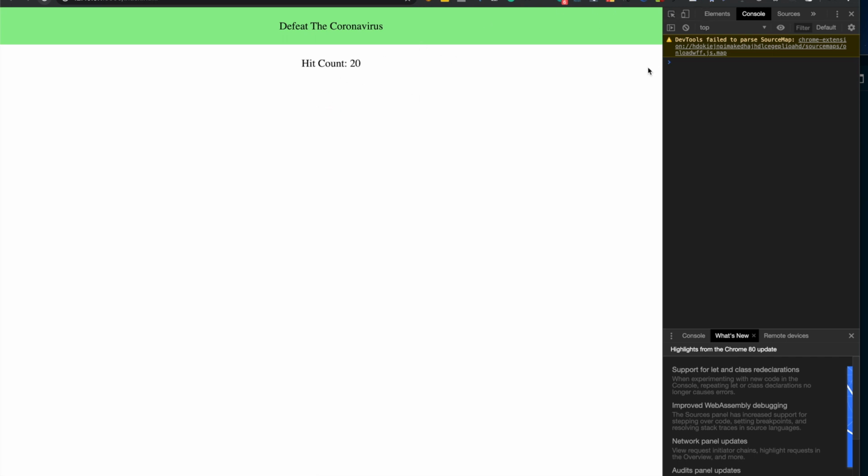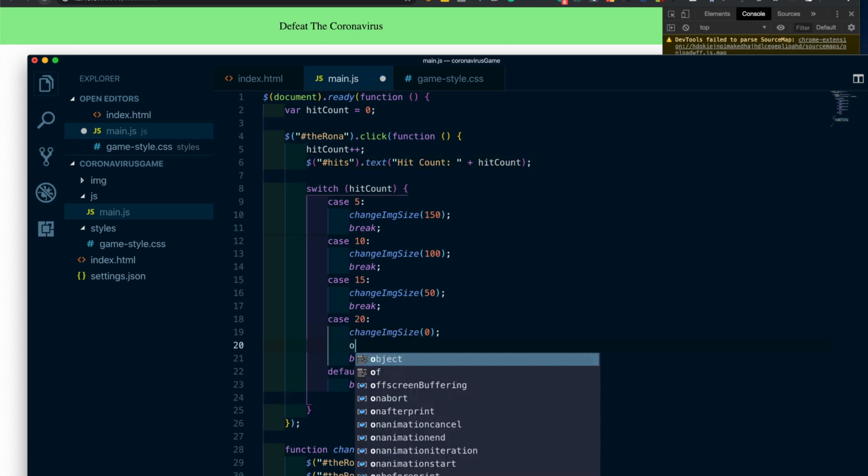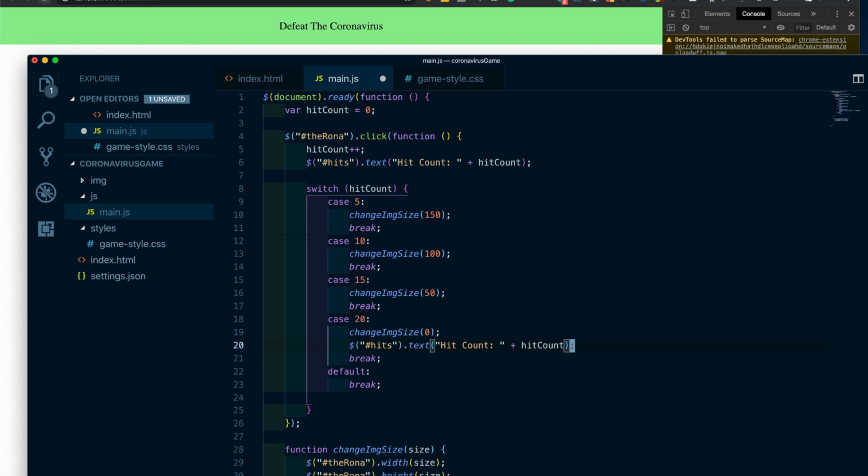Let me get my charger real quick. Alright. Next, when it hits 0, basically when we change the size to 0, we want to show the success text, which is showing now. It just doesn't have any text, so